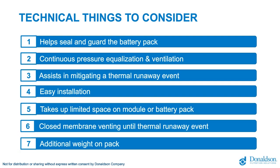How much free space do you have around the battery pack? We see that car manufacturers want to have as limited loss space, we call it, around the battery pack as possible, and for that you need to think about available height. Sometimes you'll be surprised how tight everything is packed, even in battery packs. So for that, you think about, okay, what is the best position to put it? Is the system you will select